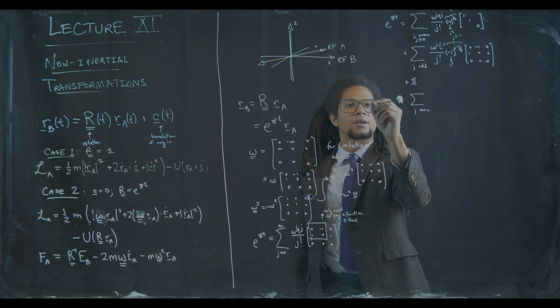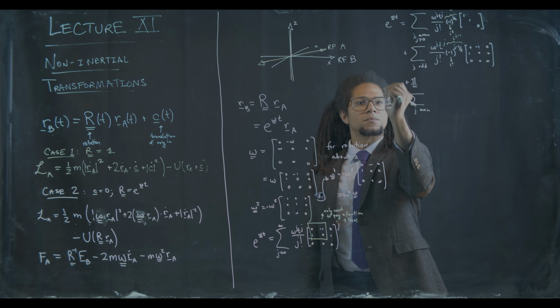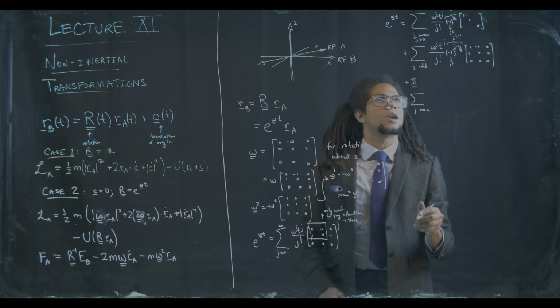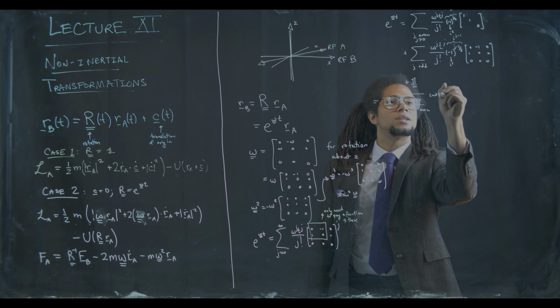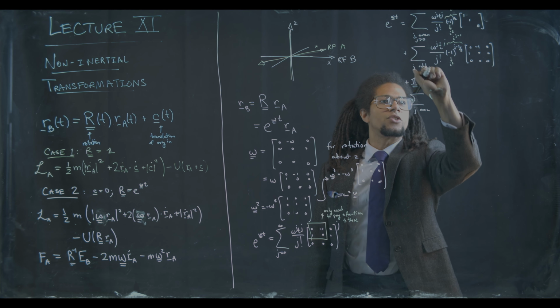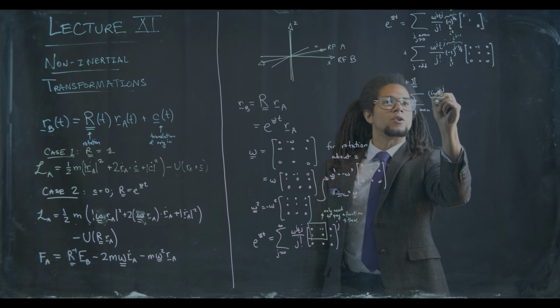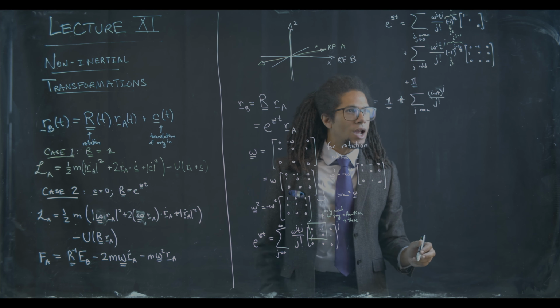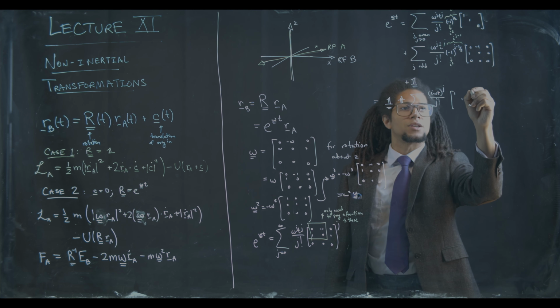Let me put my identity over here now. Into my even part, sorry, let me say i omega t all to the j over j factorial times a matrix which now is outside of the sum, 1, 1, 0,